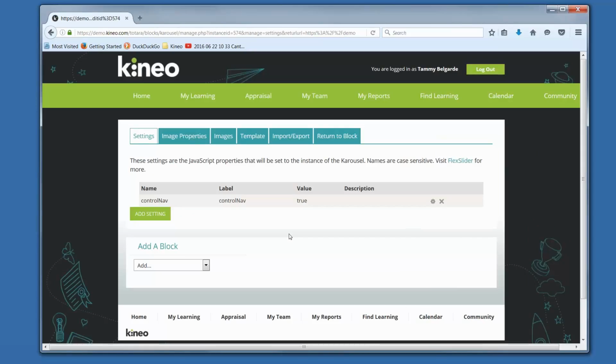Now we're into the configuration of the carousel block. You'll notice that there's actually 6 tabs at the very top. You have your settings, your image property, and your template. Those we will configure for you. You don't have to worry about entering in certain text or coding. All you need to worry about is the images. So if we click on Image,